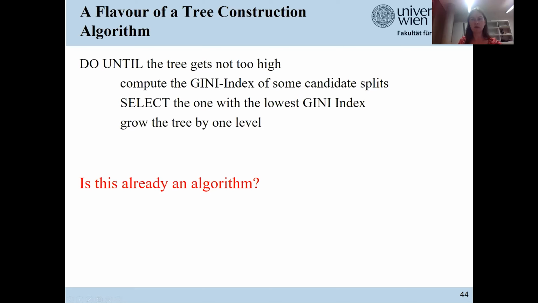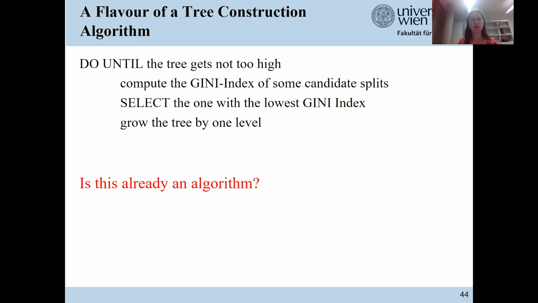Indeed, there are many possible ways to split a node. You can even say that an infinite number of splits is possible. Think of a numerical attribute as a continuous attribute. Let's use, for instance, the age of a person as an example. You can split the tree into two subtrees after every age which occurs in your training data, and these would be many splits. And so age is not really a continuous attribute.